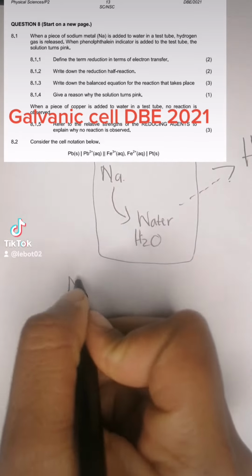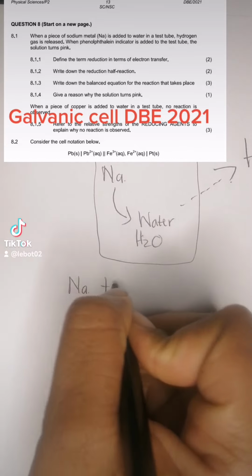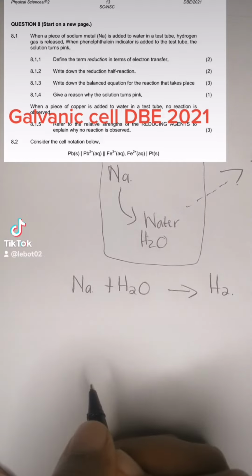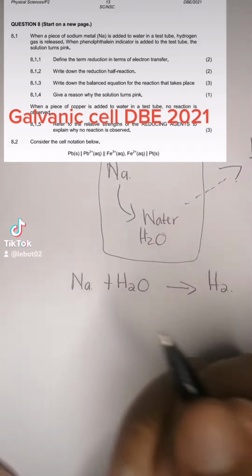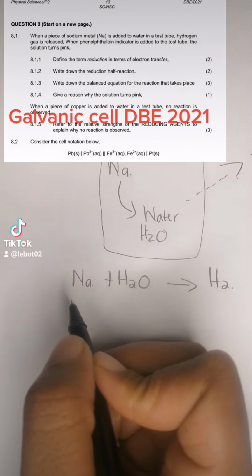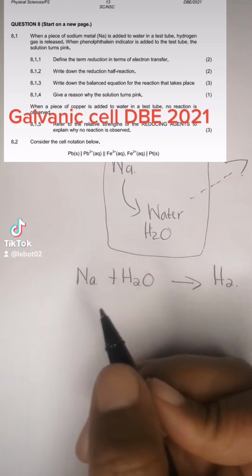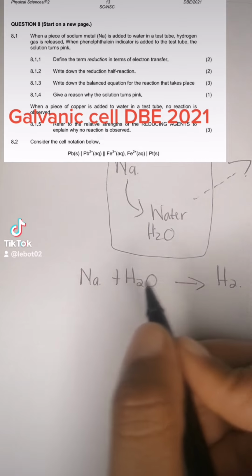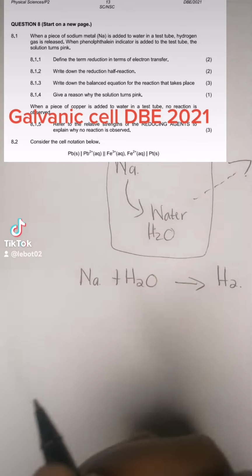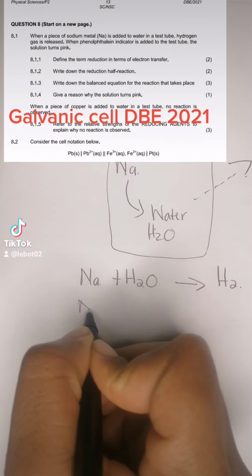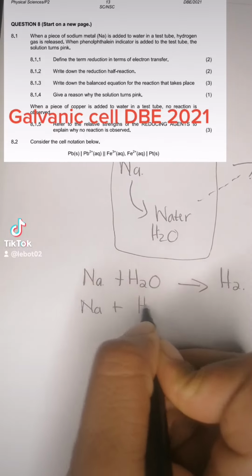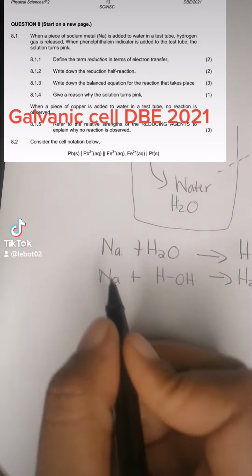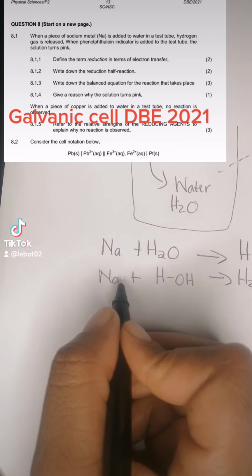You'll start by saying, okay, there is my piece of sodium metal. When it is added into water, hydrogen gas is released. Okay, what's the next step? The next step is that you are going to find out which one will undergo oxidation, which one will undergo reduction. How do you do that? You can say Na plus H2O, then you break down this water to form H2. Then you know that after the breaking down,